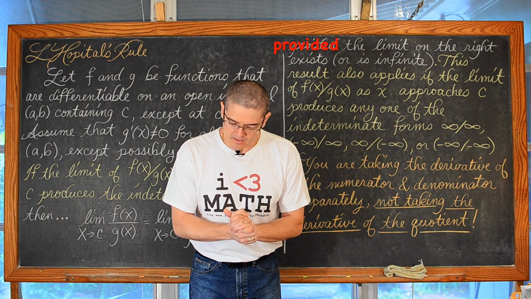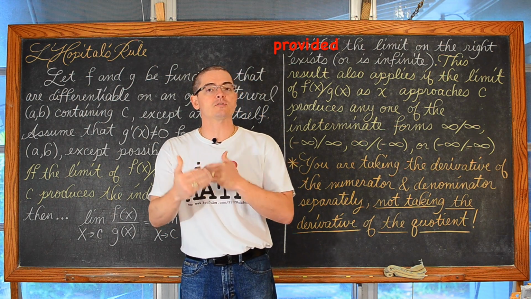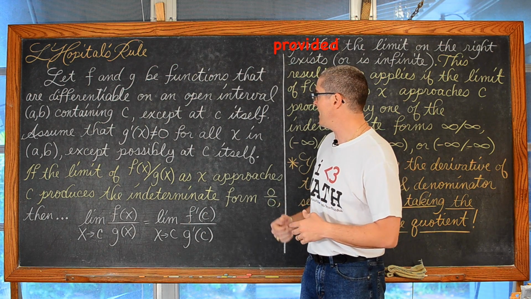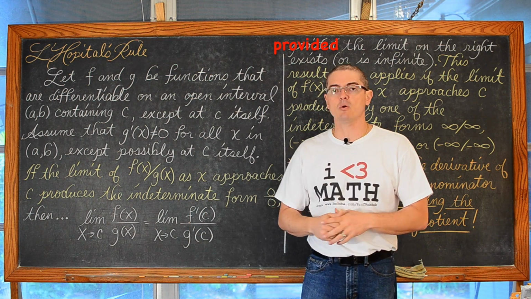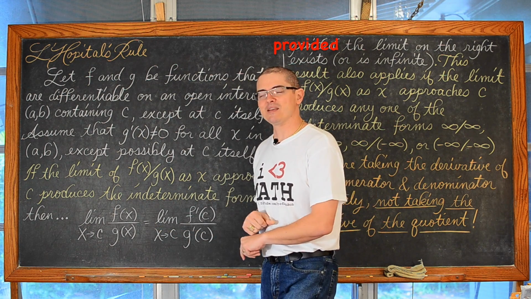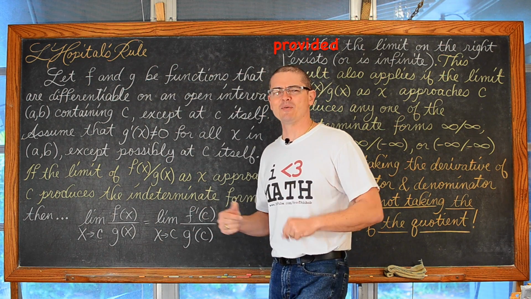Now, I've got 4 examples coming up before we start talking about alternate forms or other forms of indeterminate that we have besides the 0 over 0 pattern. That's why I ended up with so many examples. All right, next example. Our first example, coming right up.